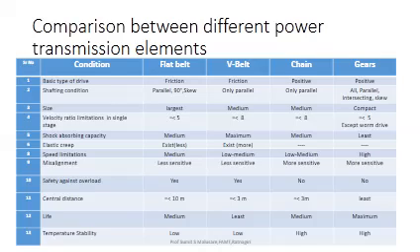Now the next one, center distance. Flat belt drives can be used up to 10 meters in a single stage. V belt up to 3 meters in a single stage. Chain drives up to 3 meters in a single stage, and gears are the most compact, so they can transmit up to a maximum of 1 meter distance.